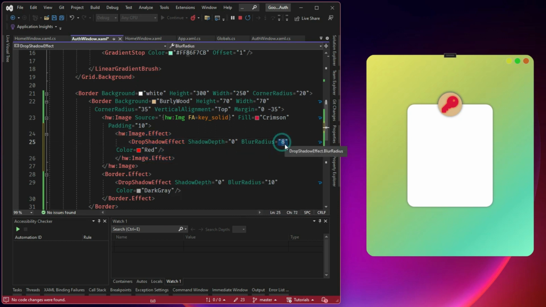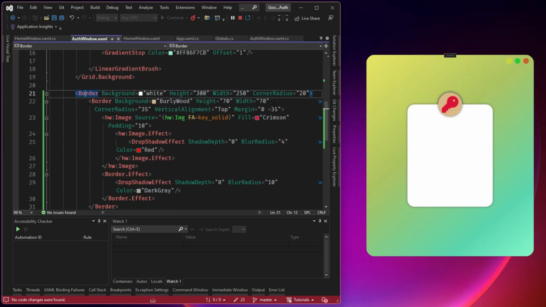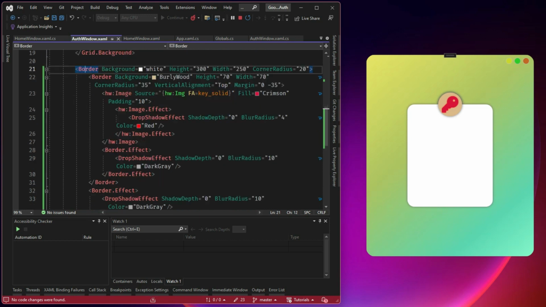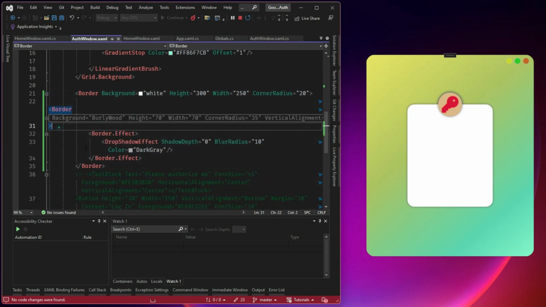And this one I will keep it at 4. Okay, let it be there. Even though that doesn't make any difference, I will keep it there and we'll come back and fix it later. So finally we have managed to have a border, and then we managed to have some other items. And what we need to do out of all this, let's minimize this border, and